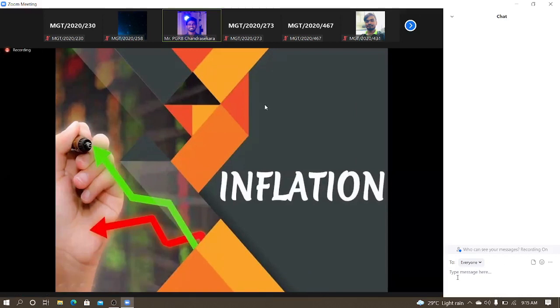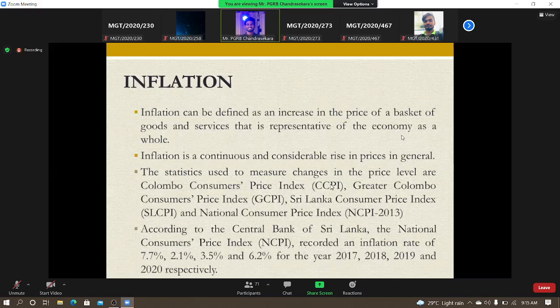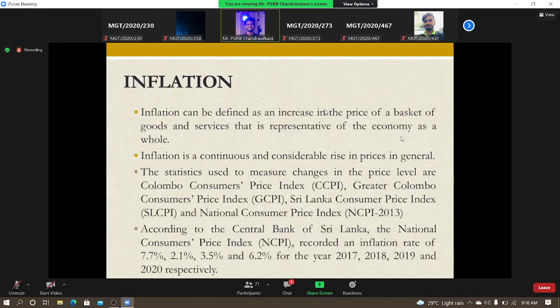Okay, yes. Simply, inflation refers to the increasing of the general price level for a particular time period. Students, the most important thing you need to understand here is